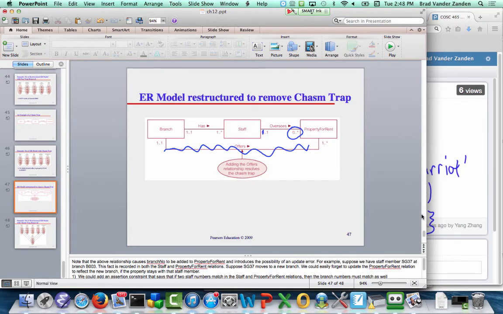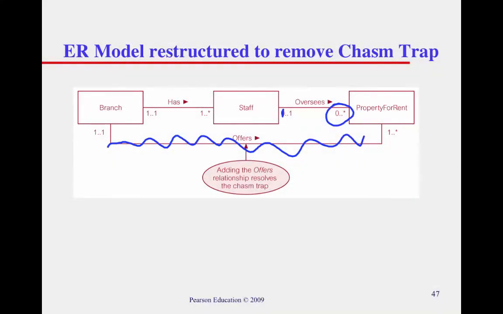Okay, the other thing I was going to say is if you have to put this constraint, so it may be that the person insists, no, you really can have unassigned properties, in which case you really do have to explicitly model this relationship, then what you could do is you could, in SQL, put a constraint in the database, a general constraint that says that the staff, the branch,